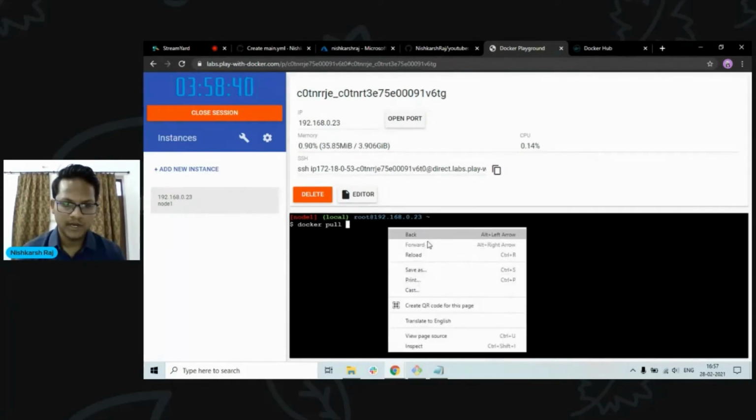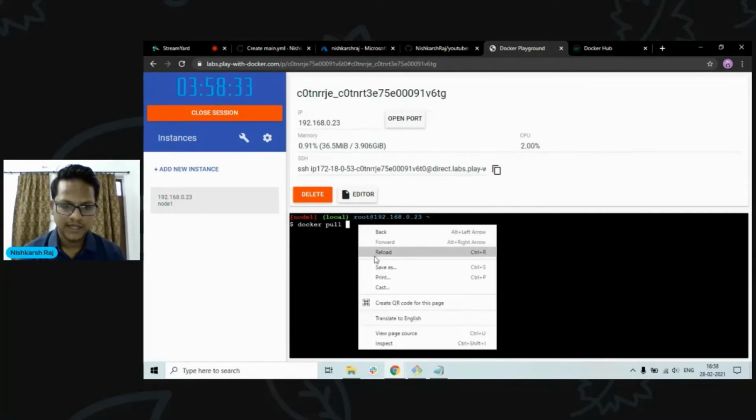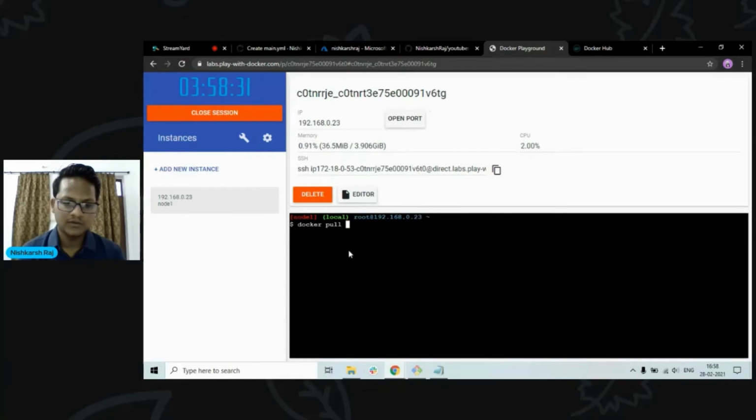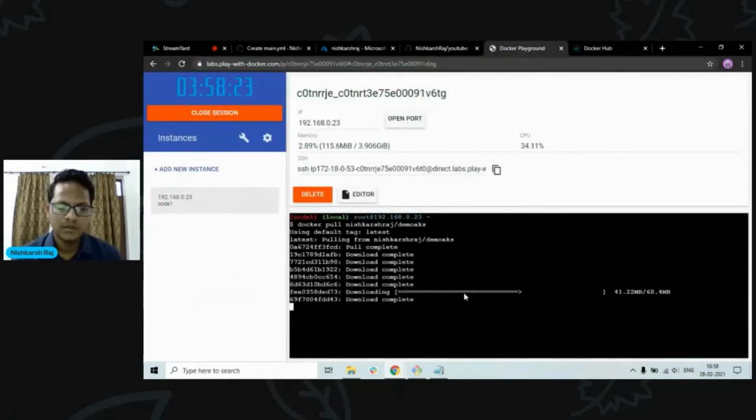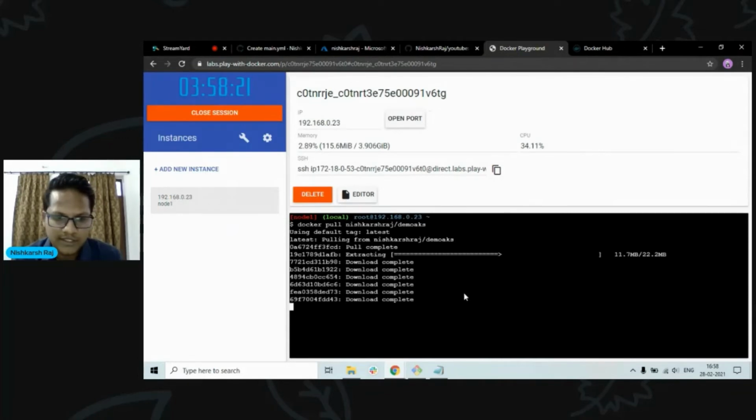The docker pull command will pull this Docker image from Docker Hub to the environment where we are firing this command. Can I get a paste? No? Okay. It will download it quickly for us and then extract it.